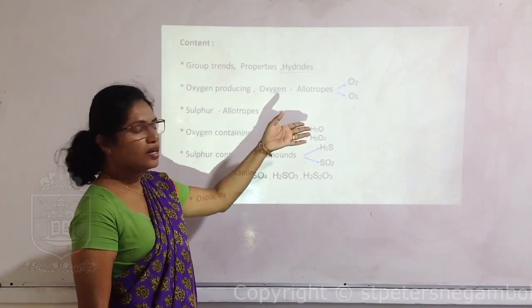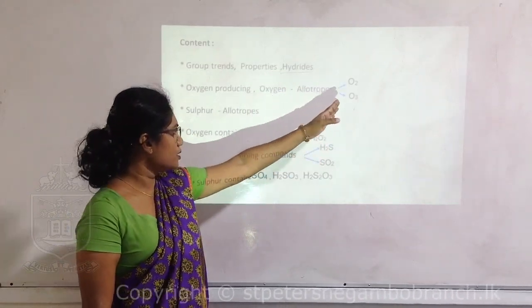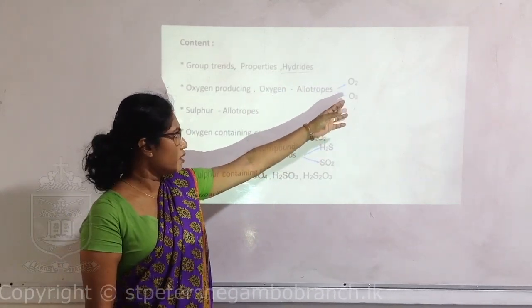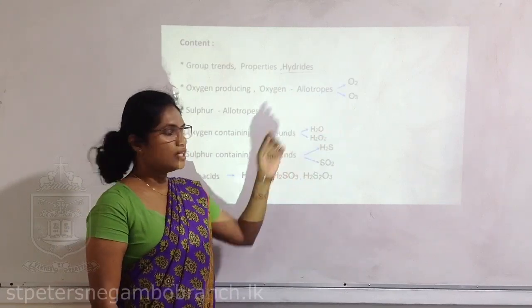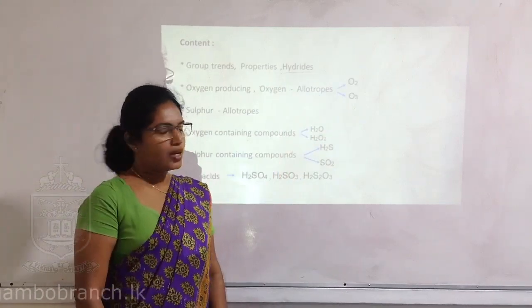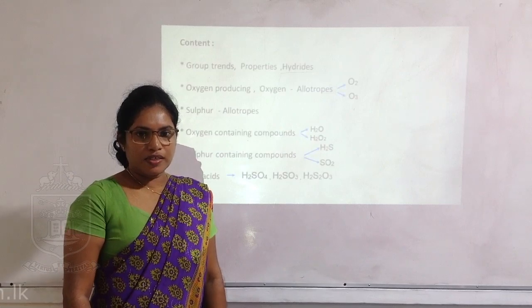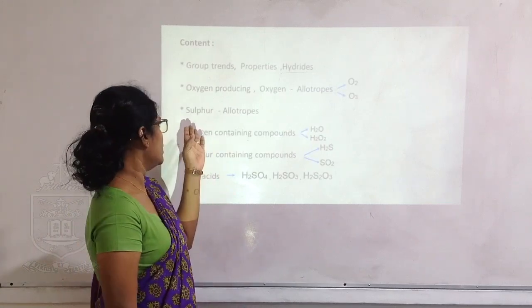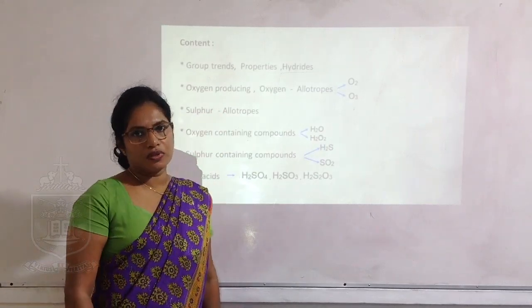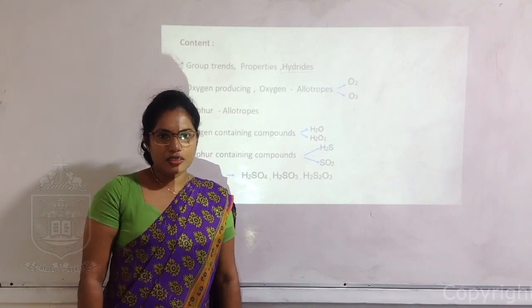That means there are two allotropes of oxygen, O2 and O3. We call O3 ozone. After that, we will discuss sulfur and the allotropes of sulfur, and